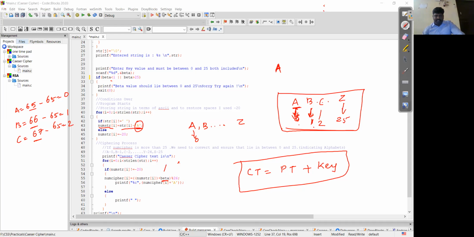I just use the key in the place of beta for easier understanding. So it is the plaintext value plus the key value. For example, if I have capital B, what is its value? It is 1 plus, suppose my key value is equal to 6, 1 plus 6, what is it? 7. Is it clear?